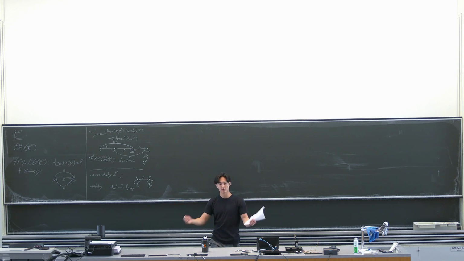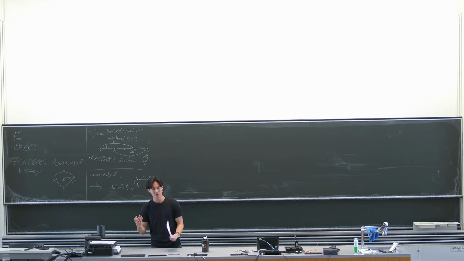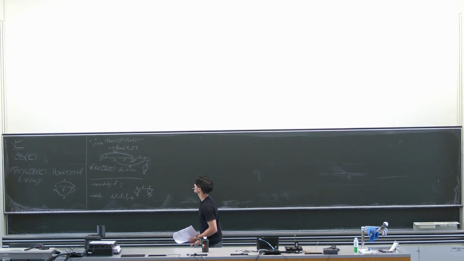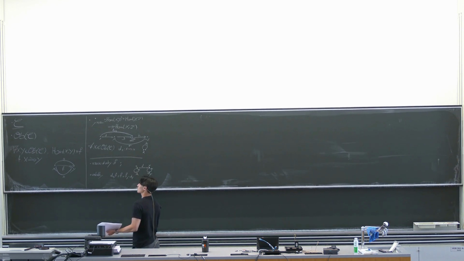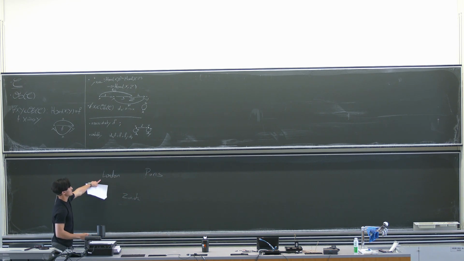So there, we've shown very basic things that are intuitive, but let me show you something a bit less intuitive. What if we have a category of cities and trips? If we consider that objects are cities, like London, and then we have Paris, and then we have Zurich, then these are our objects.